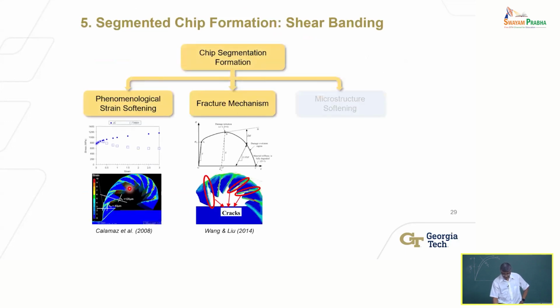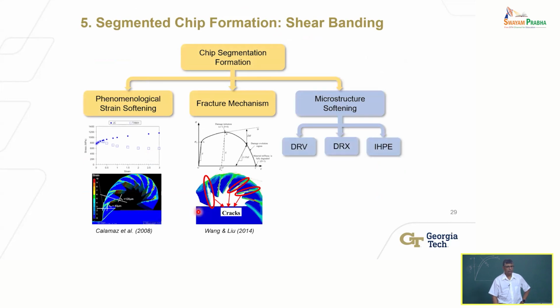This is an example to make the point that I want to simulate chip formation in cutting of titanium. Titanium is a superalloy. Turbine blades are made out of titanium alloys and many other things, biomedical devices, as we discussed last time. This is showing you a simulation of what happens to the chip. The chip looks very different.